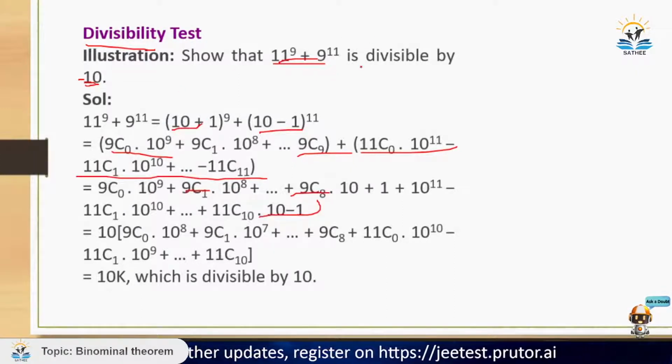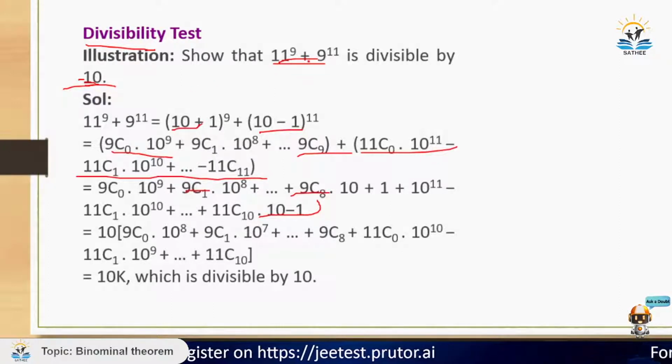अब मेरे को दिख रहा है, अब मैं क्या करना चाहूंगा, मेरे को दिया हुआ डिविजिबल बाई 10। सो मैं क्या चाहूंगा, मैं चाहूंगा कि इसका हर एक टर्म जो आ रहा है वो 10 से डिविजिबल हो, तभी मैं इसको बोल सकता हूँ कि 10 से डिविजिबल है। सो अब मैं यहाँ पे देखूंगा कि